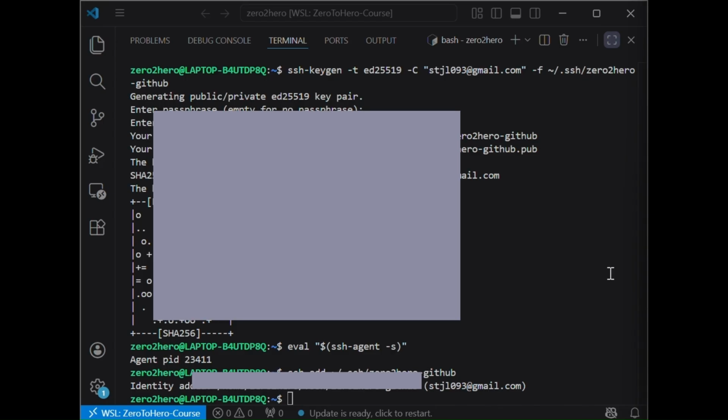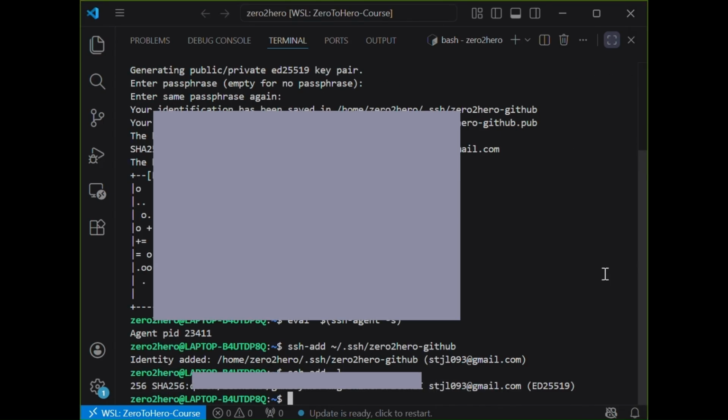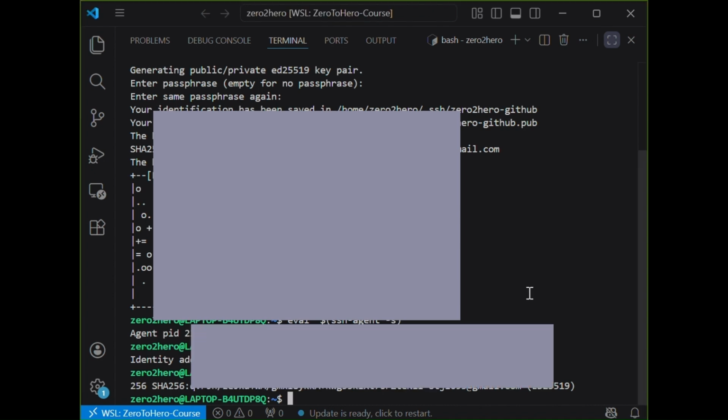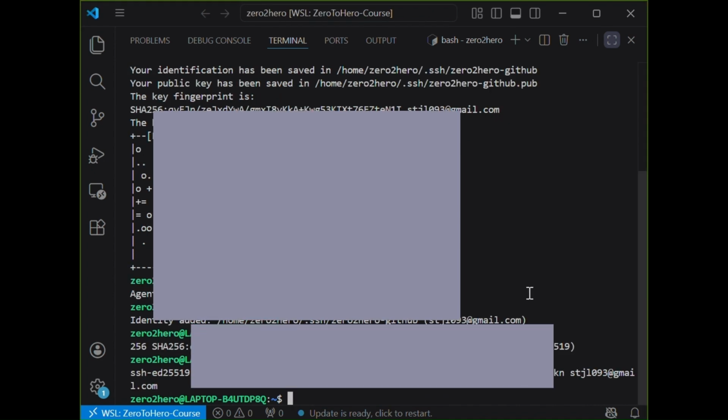Now we need to copy your public key. This is the one we paste into GitHub. Type this command, navigating to the specific file. This will display a long string of characters starting with ssh-ed25519.